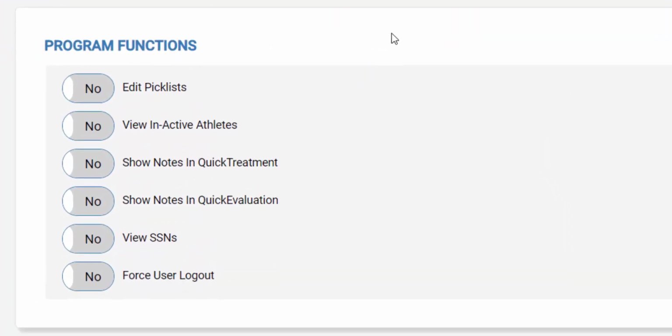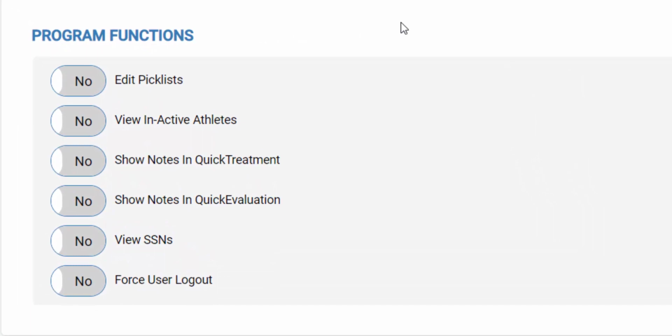Edit Pick Lists allows this user to change drop-down menu options in Sportswear. While it may be useful to grant multiple users this right, only one user can edit pick lists at a single time or the changes will not be saved. It is recommended that these rights be limited in order to standardize terminology throughout the system. Users with pick list rights should also come to a consensus on how they like information to appear in Sportswear.